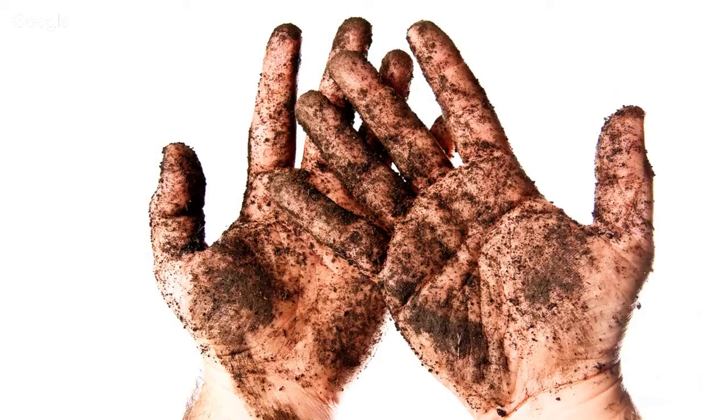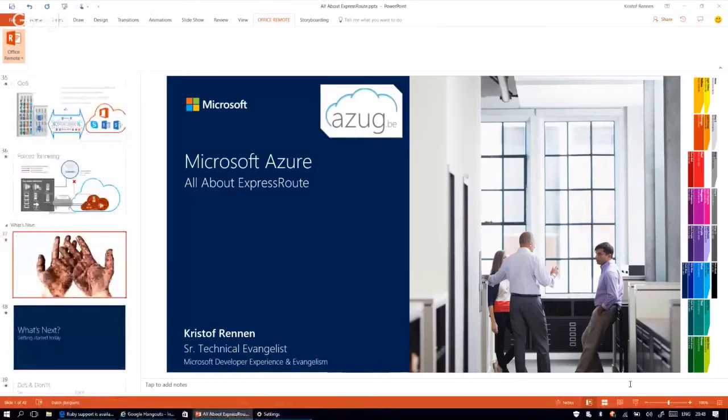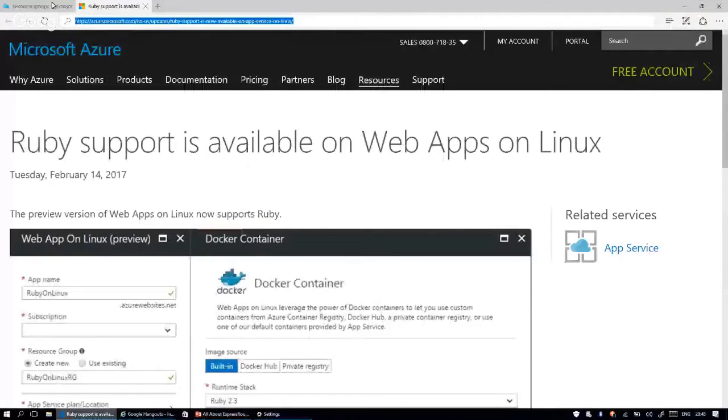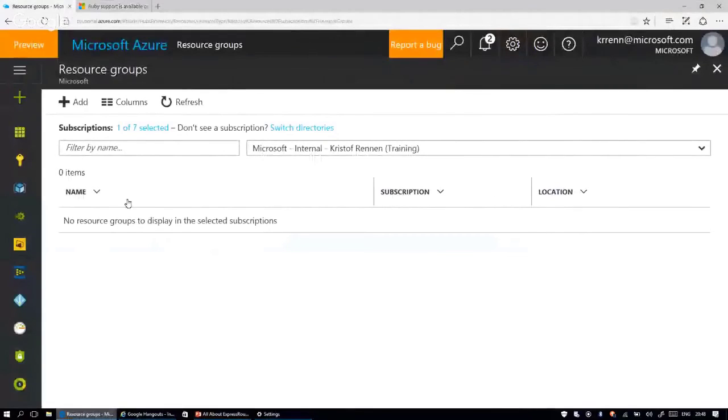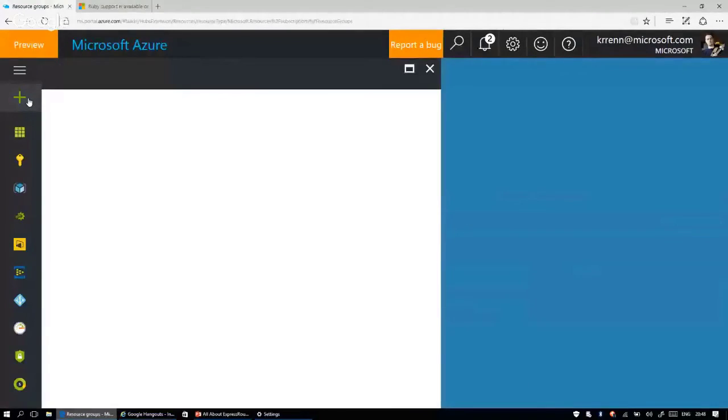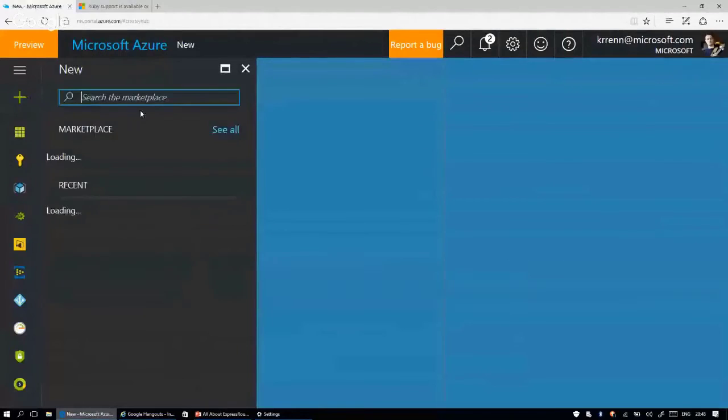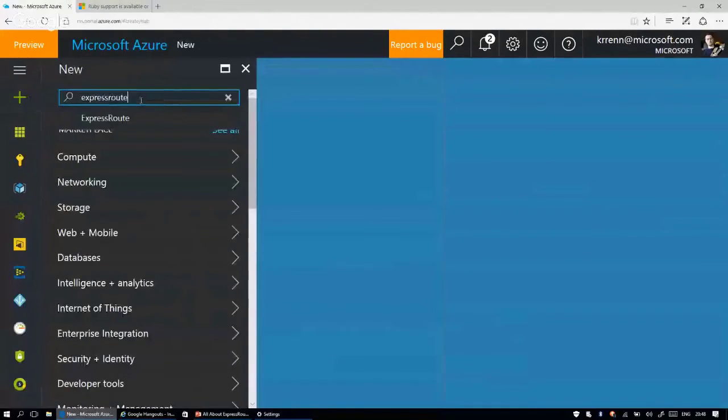Now we'll show you how you configure all of this. It's pretty straightforward. In the past, it was PowerShell fun. Now it's not, so it has changed. Basically, you go to the Azure Portal, the new portal, and ExpressRoute has been added as a new service. So basically, you take ExpressRoute,